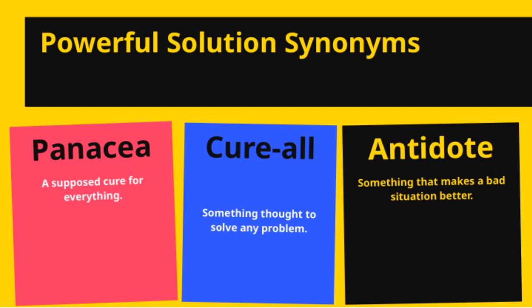require specific approaches. Finally, on the right, we see powerful solution synonyms. These are words we might use instead of those terms to describe effective, impactful solutions. Recognizing these synonyms helps us understand different ways to express the idea of a strong, effective remedy. Throughout our presentation, the key theme is understanding how we approach problems. Whether we look for quick fixes, universal cures, or targeted solutions, and how to evaluate their effectiveness.